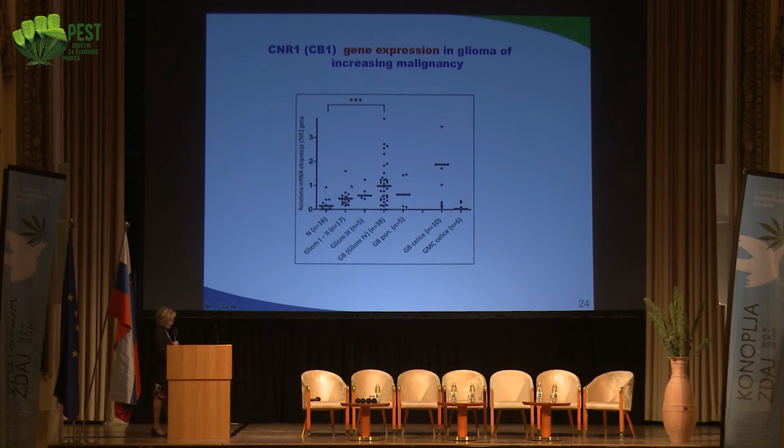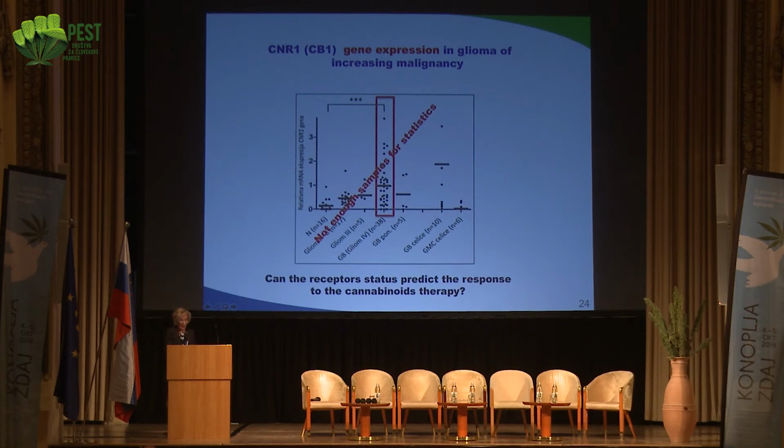And here you can see that we really found a lot more of this receptor. As I told you before, it correlates with malignancy, although we don't have enough data yet to see whether glioblastoma stem cells would have more or less than the differentiated glioblastoma cells. But in any case, we are collecting this data now. It's a process of our study, so we need more data to get better statistics out of this.